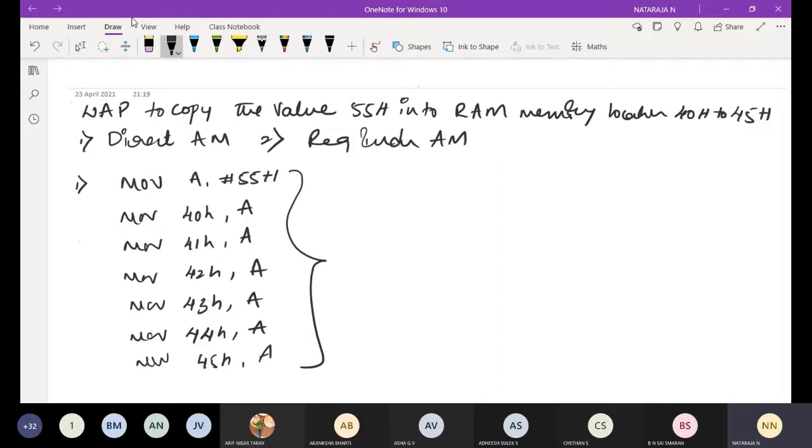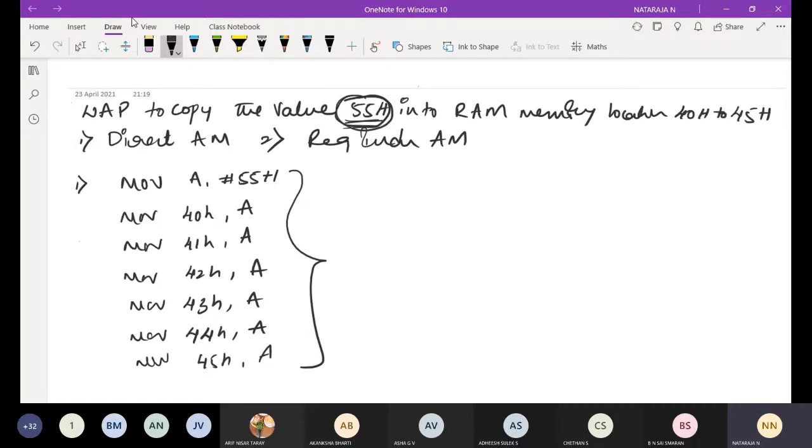See here, first instruction, move A comma 55. Before going to that, read the program: write a program to copy the value 55. For example, to store the money, 55 rupees, at different memory locations. 55 is my data, whether money, books or pens, a count of 55.